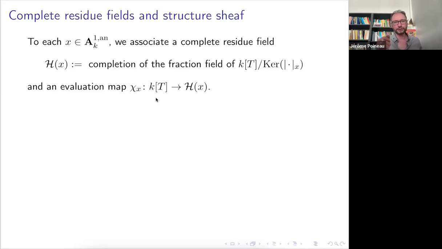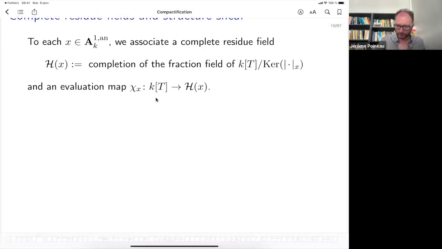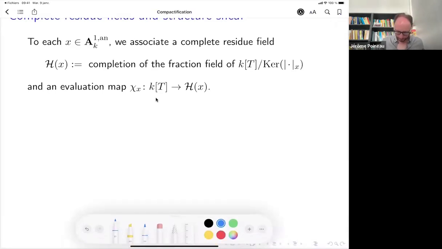First, you take a point, say x, associated to some multiplicative semi-norm, denoted like this here, and you want to build some residue field. So basically, as in the scheme case, you just take k of t and mod out by the kernel of the semi-norm. It's a multiplicative semi-norm, so the kernel is a prime ideal.